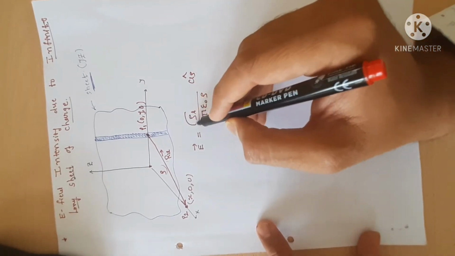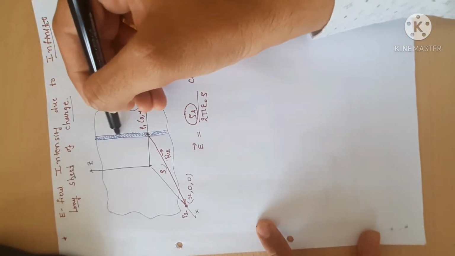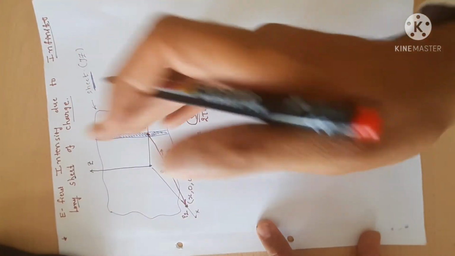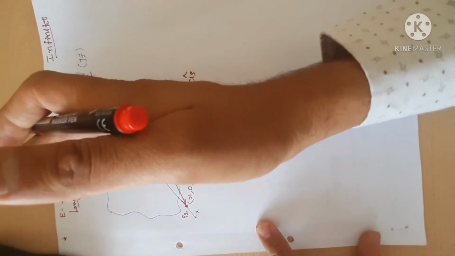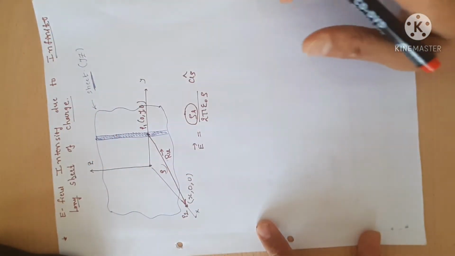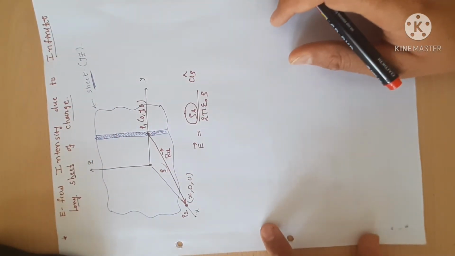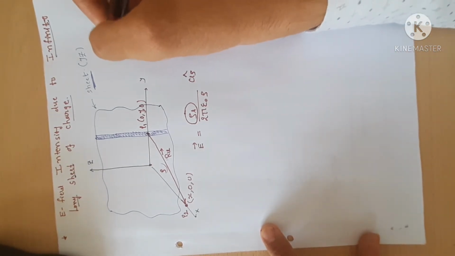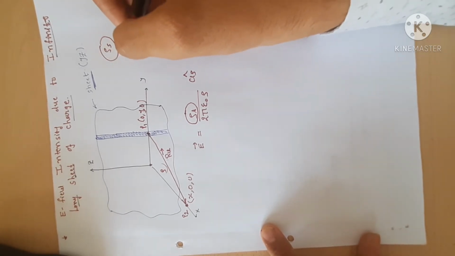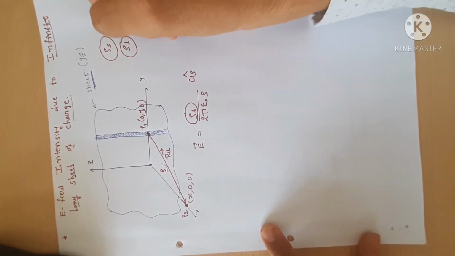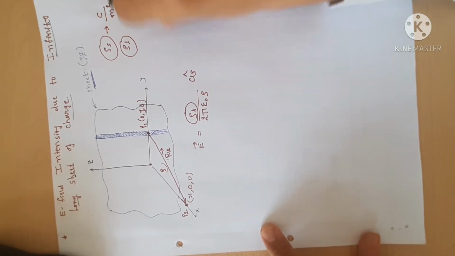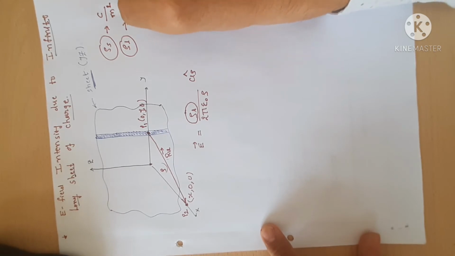Here we apply the concept of line charge density, because we considered a line. But actually it is not a line, it is a surface. If I combine equal amounts of lines, it makes a surface. So we actually have to apply the concept of surface charge density. Rho s is the surface charge density and rho l is the line charge density. The unit of rho s is coulomb per meter square and the unit of rho l is coulomb per meter. So I will relate these two, rho s and rho l.